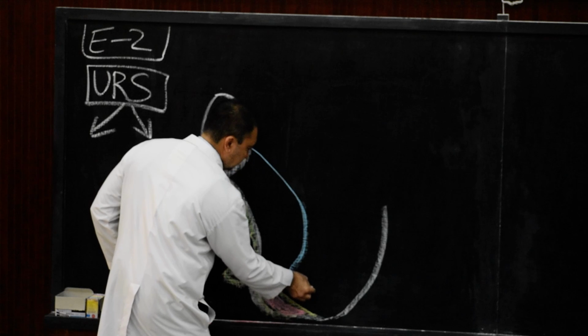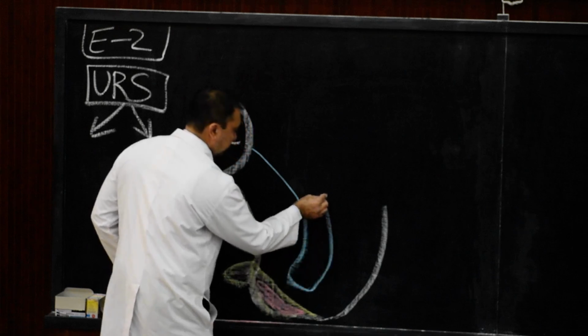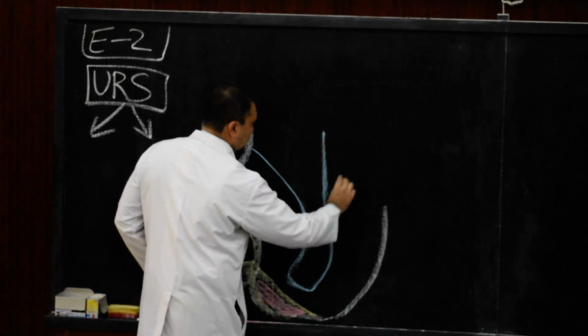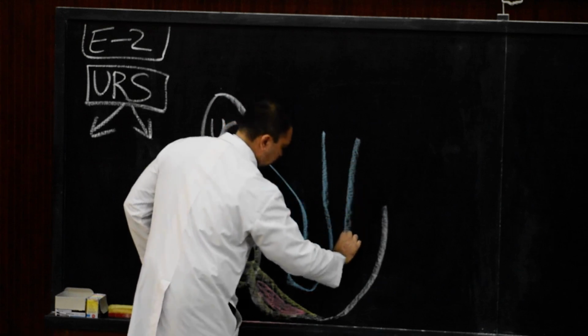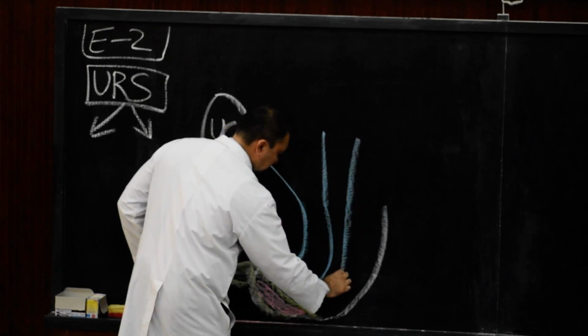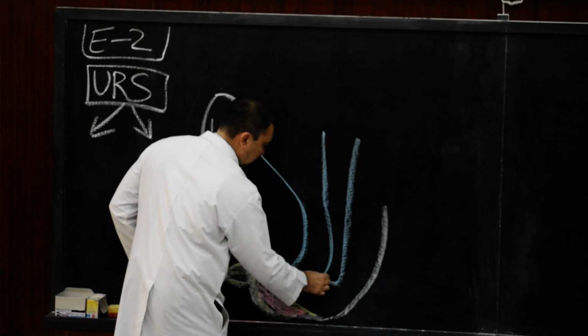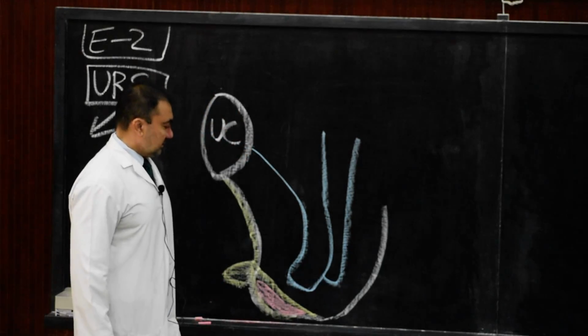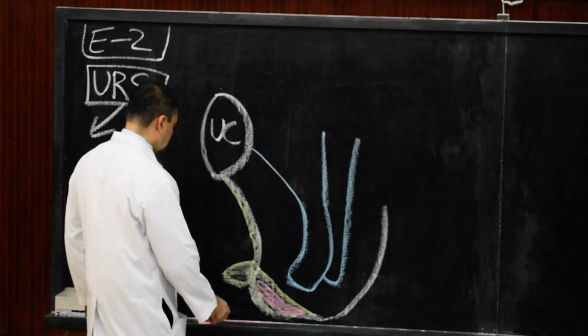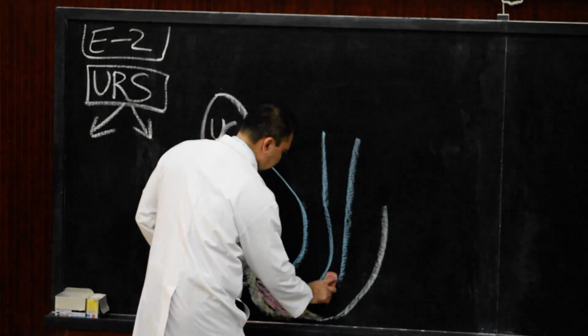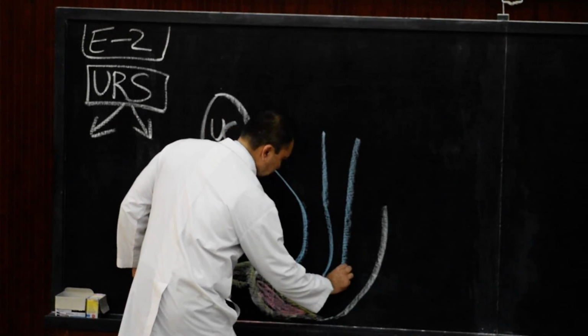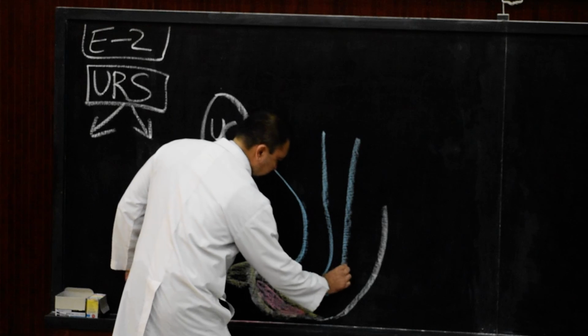This is the urorectal septum, and over here we show this is the dorsal and ventral portion. So therefore here we will extend it lower down. This is where we will extend,